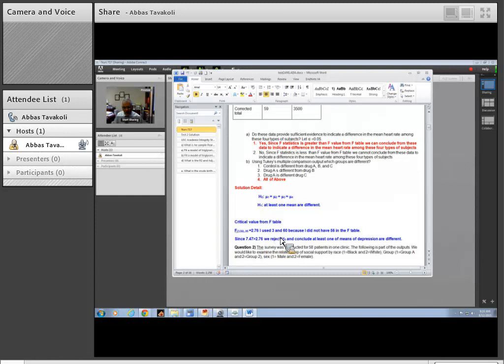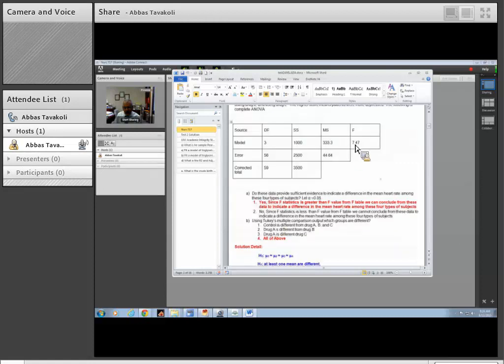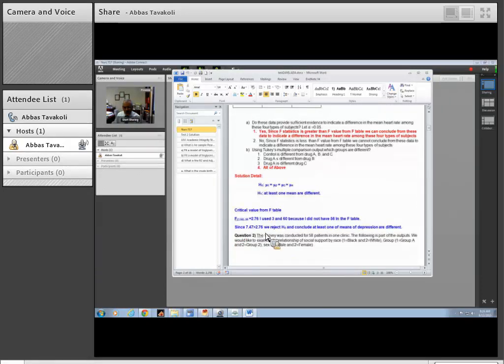I used 3 and 60 because I did not have 56 in my F table, so you can round to the closest value you have. And since 7.47, your F test, is greater than 2.76, we reject the null